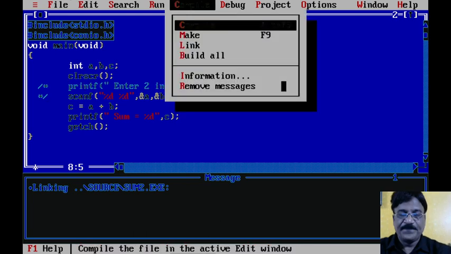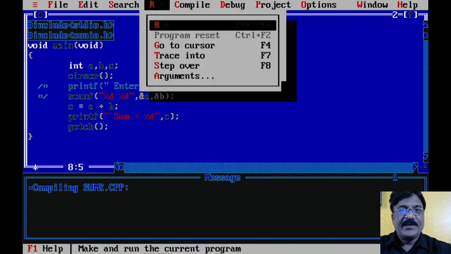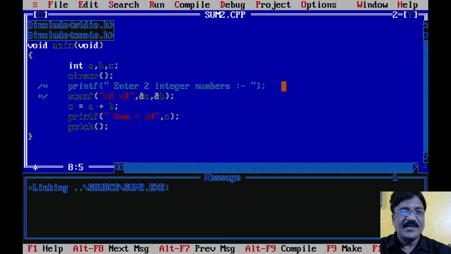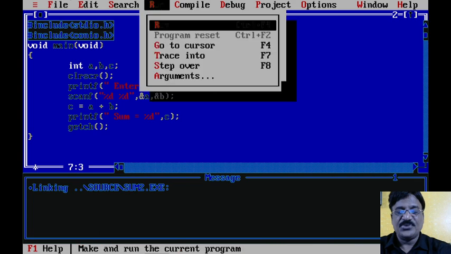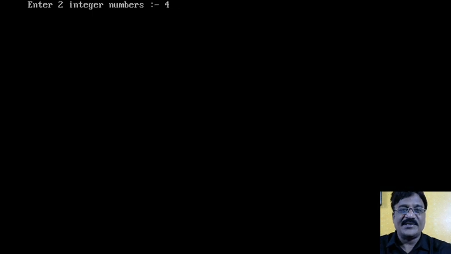Now compile it and execute it. Observe that there is no message. Now the question arises, what does the user have to do? How many values does he have to enter, whether 2 or 3 or 4? Now since we have written the program, we know very well how many values we need to enter. But remember, we are not writing a program for ourselves, but for the user. Now what is going to happen if I provide 3 values? It will take the first 2 values only. So always specify a printf message before the scanf, so that the user will come to know how many values he is supposed to enter.